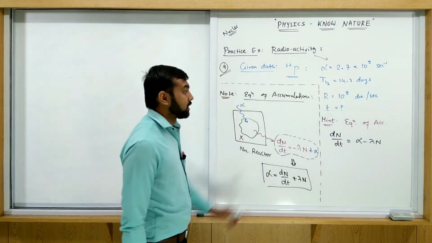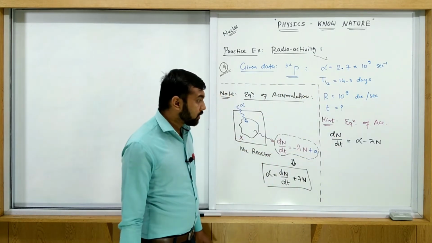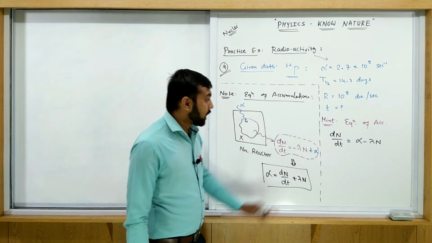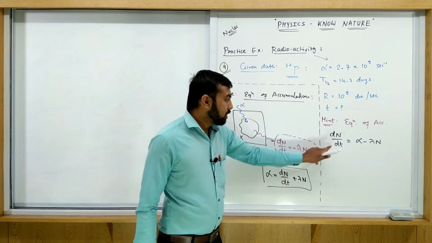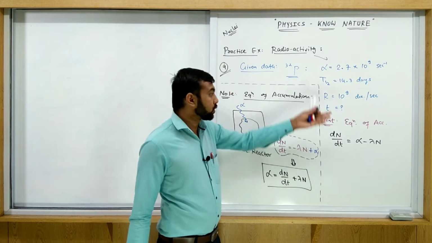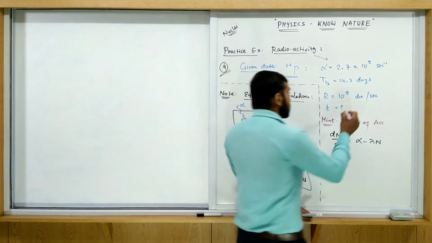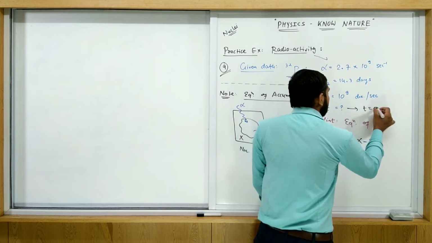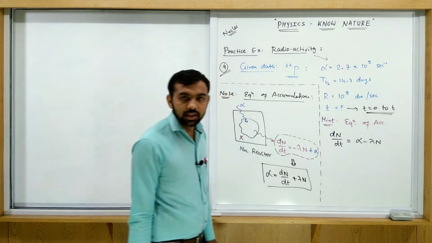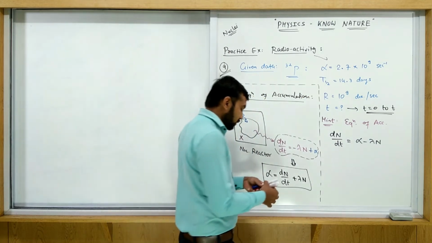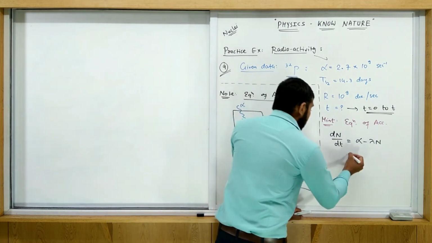And what we want? Time. So here we have only one option, and this is integration, because we have a limit of N and a limit of t, 0 to t, from the beginning. From the beginning means the initial time is 0 to t. That is the limit of t. So let's find this.